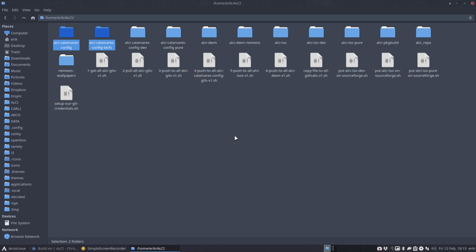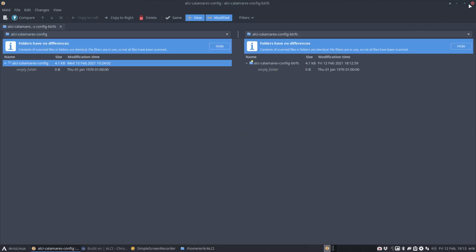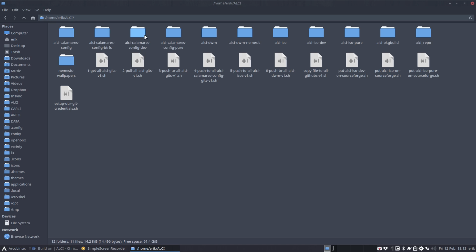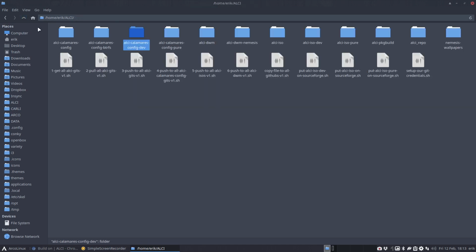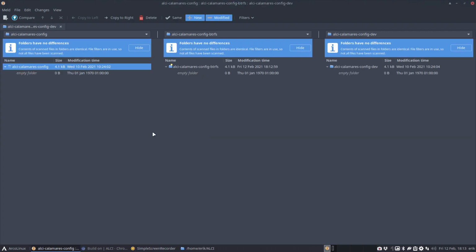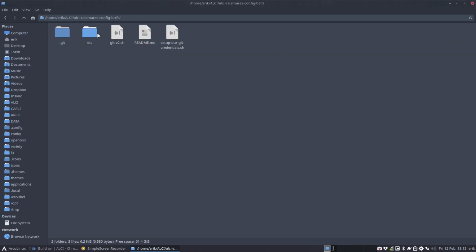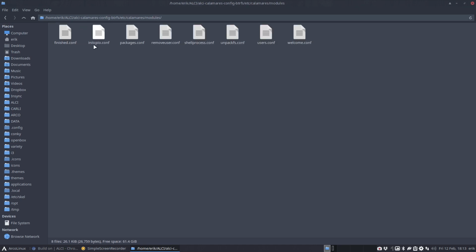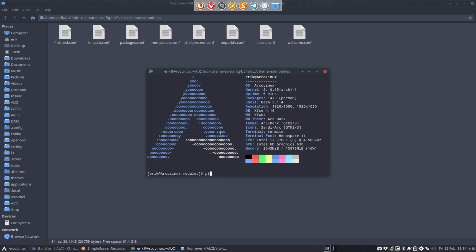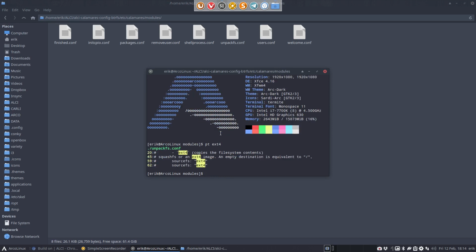What if, compare. Let's see what we have. This is here, that is here. Let's do these three guys. Compare. No difference whatsoever. So okay, we go in here, etc, Calamares, modules, and now I need to tell the system what exactly I want. Let's see if ext4 helps us. Ooh, that helps us. There's an